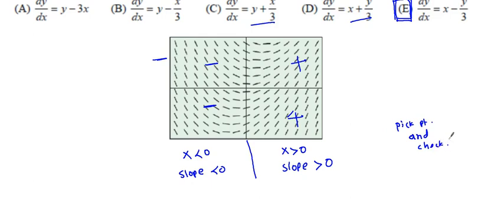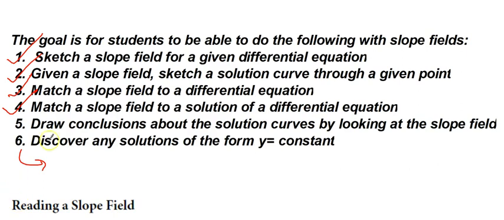Slope field questions are always going to be multiple choice questions, and the best strategy is elimination. Always eliminate certain choices: this cannot be the answer, this cannot be the answer. And out of the choices left, pick a point and check quadrant by quadrant. Now I will explain here. The goal for the student is to be able to do the following with the slope field: sketch the slope field. Rarely is it asked in the AP Calculus BC exam. Most of the time